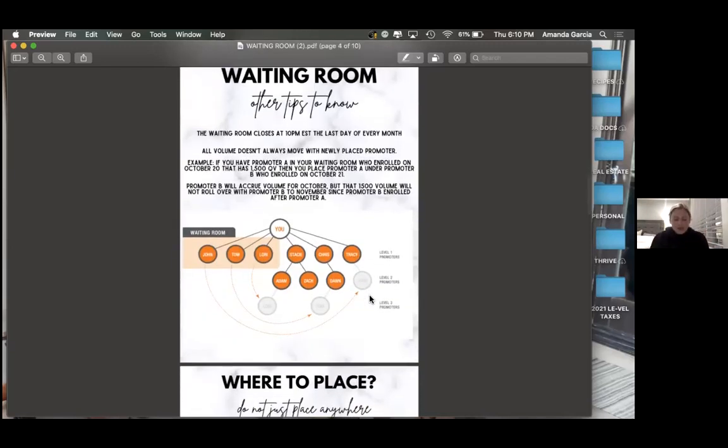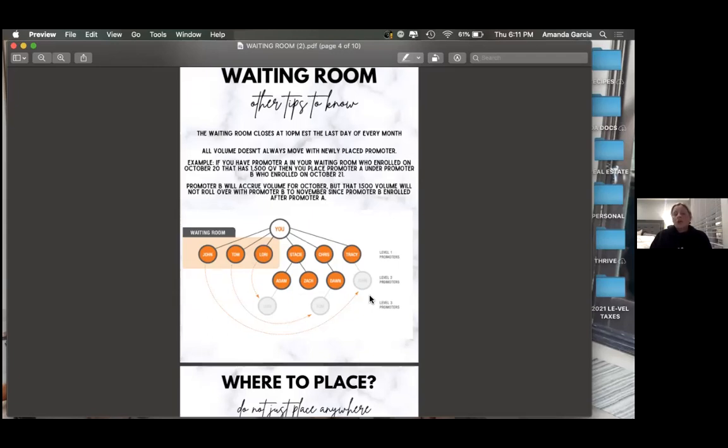There's a few different things to know about your waiting room in general, and these are things that a lot of people don't know. If you aren't aware of these, it can affect you, because you can lose out on a placement one month. If you're waiting till the end of the month and you want to move someone, say someone who hits 4K and you have someone working together with them, and then you wait past the time that the waiting room closes,